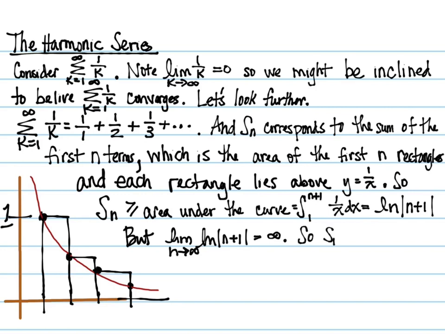So S sub n is greater than or equal to infinity. Hence, the summation from k equals 1 to infinity of 1 over k diverges,